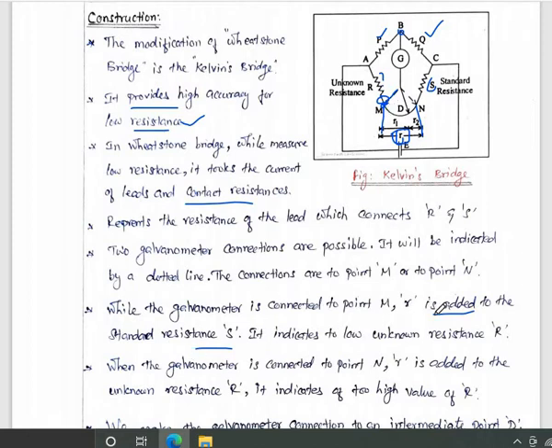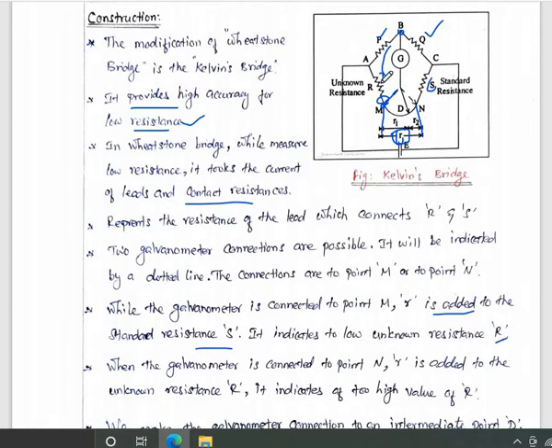So only here it is mentioned that when the galvanometer is connected at point M, with one end at B and the other end at M, it will check the balanced condition in that area only. This area will not be considered. So this resistance, like R1, maybe represented as small r, is to be added to the standard resistance value S, and it indicates low